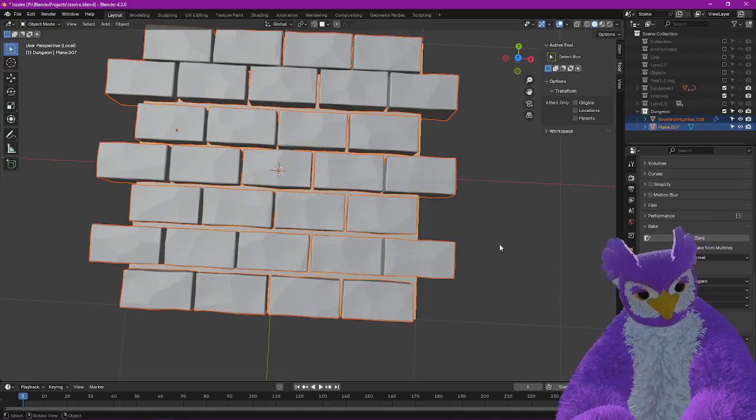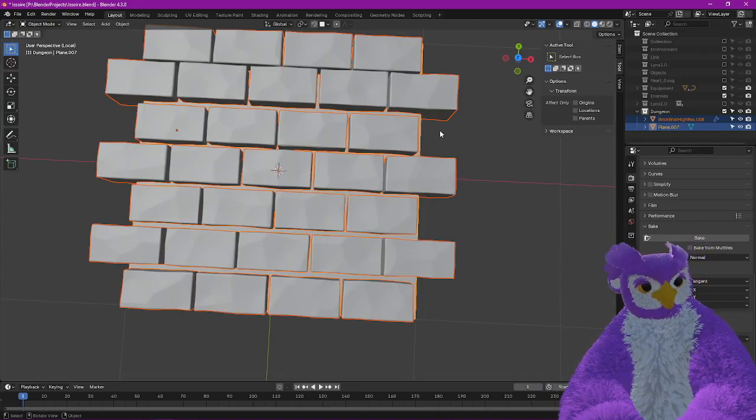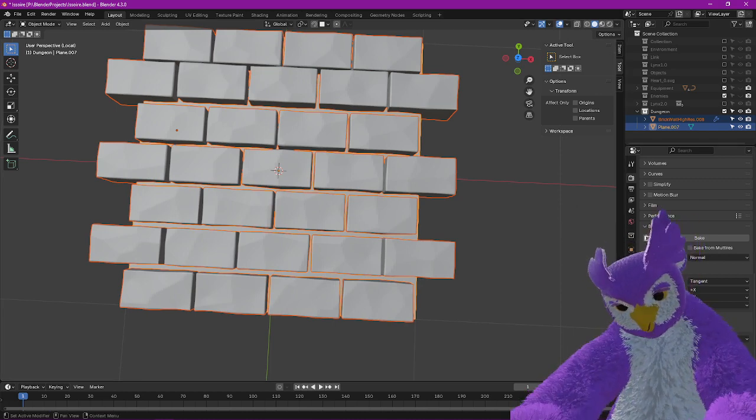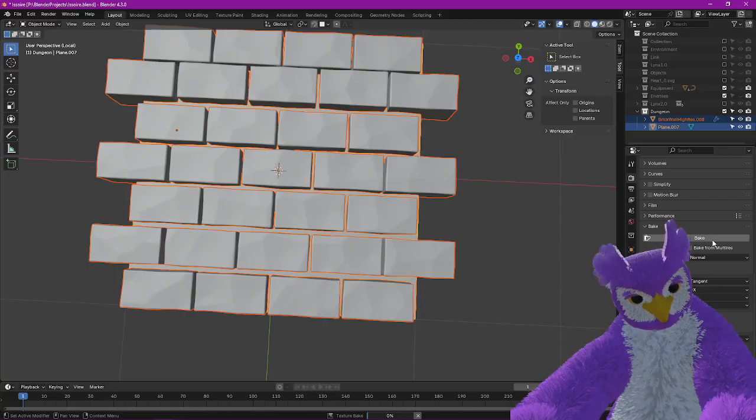If I check selected to active, and then I hit this bake button,